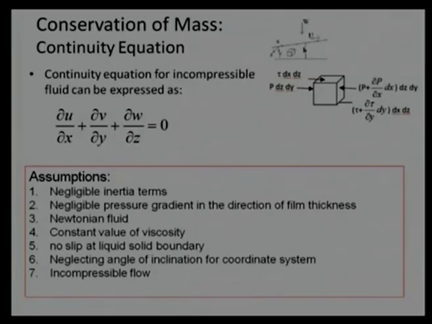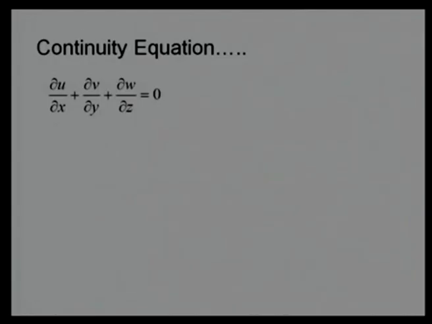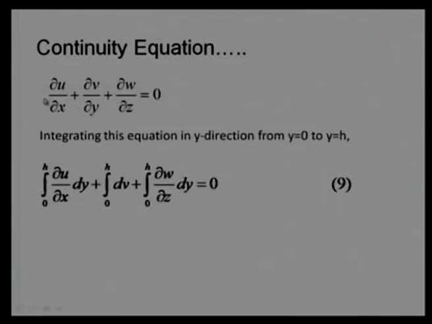For the time being, we can relax all these assumptions, and the final assumption in this case is incompressible fluid. For air, for gases, we need to account for viscosity and density variation in the coordinate system. So, we need to account for this equation, and we can substitute the expression of u, the expression of w,